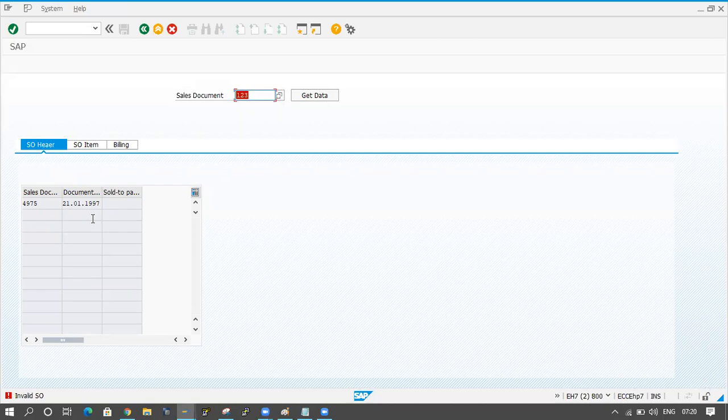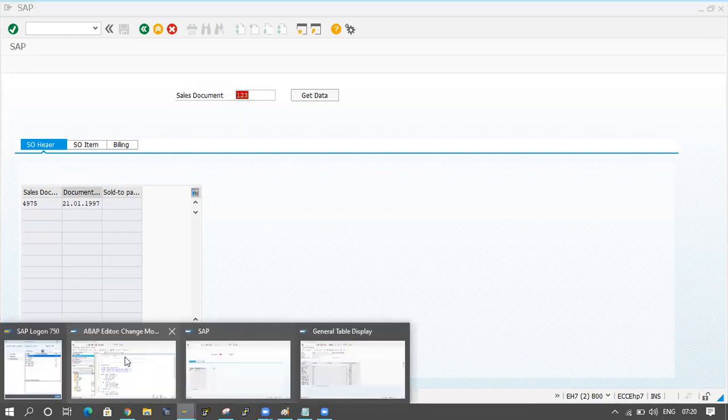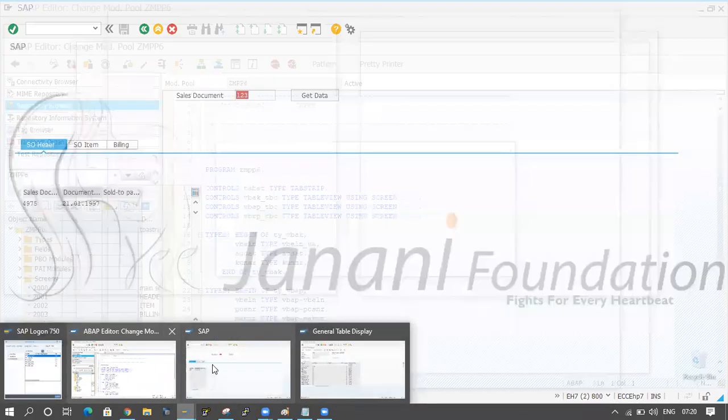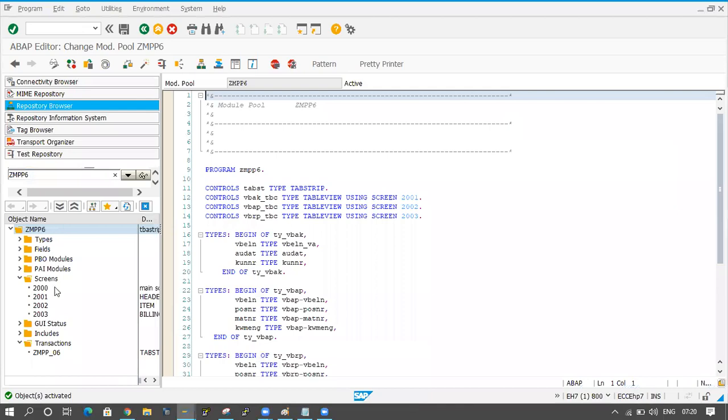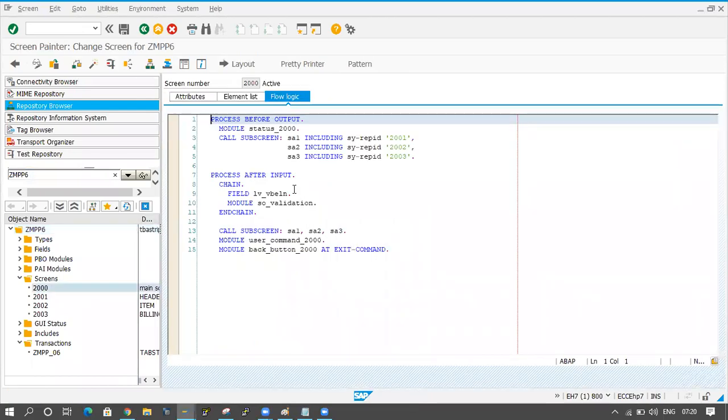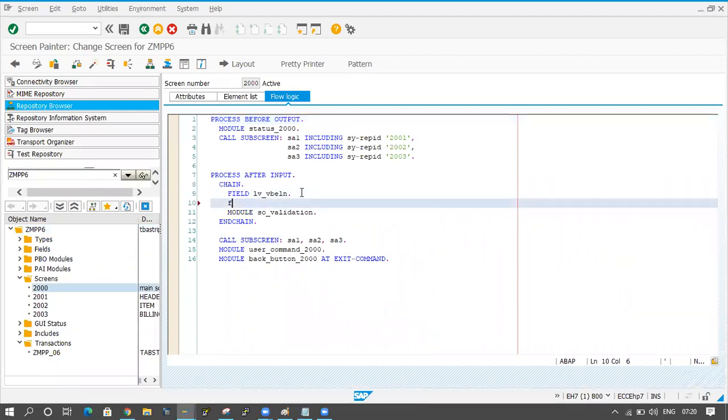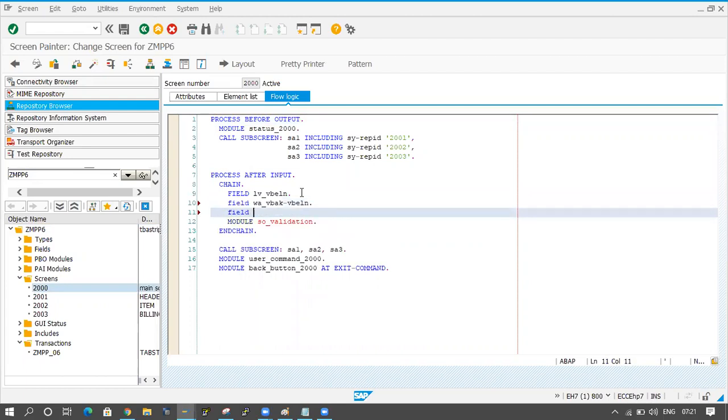If you want to display this in the enable mode, then also we have to maintain all those fields in the chain and end chain operation. Chain and end chain operation is coming here. Field work area VBAK hyphen VBELN, field work area VBAK hyphen KUNNR. I am taking two fields.